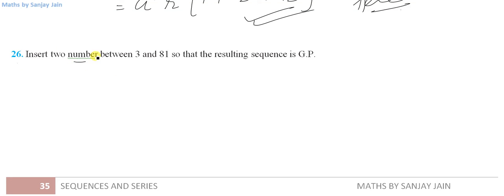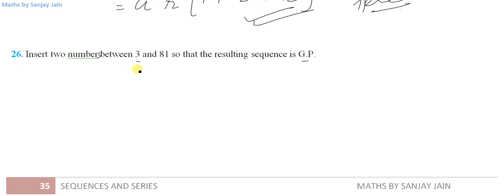Insert two numbers between 3 and 81 so that the resulting sequence is a GP. Now this is a very simple question because you just have to insert two numbers between 3 and 3 raised to power 4. So we obviously know that these numbers are going to be these, right? We can do this question while sleeping, but as this is a